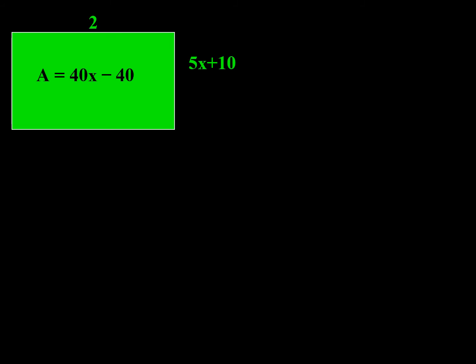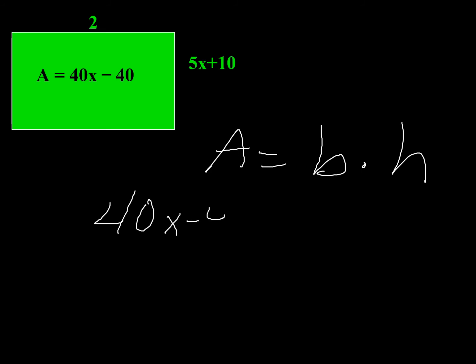What about that? Ooh, okay. Same thing. What's the formula? Area is base times the height. The area is 40x minus 40. The base is 2. The height, remember, if it's a little adding there, we need to group it. 5x plus 10